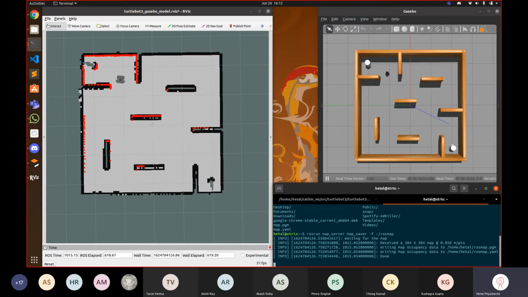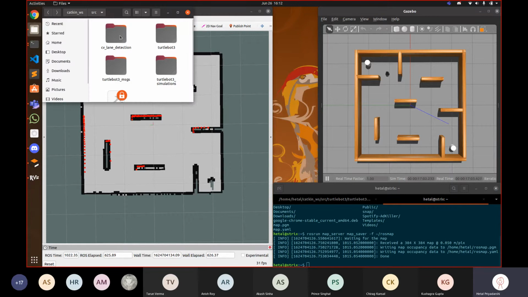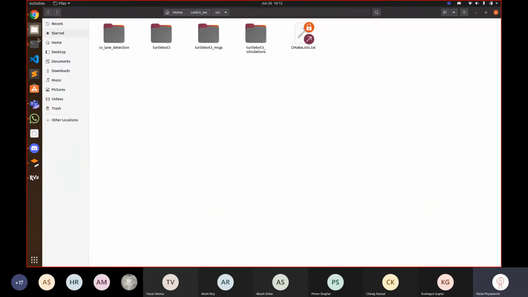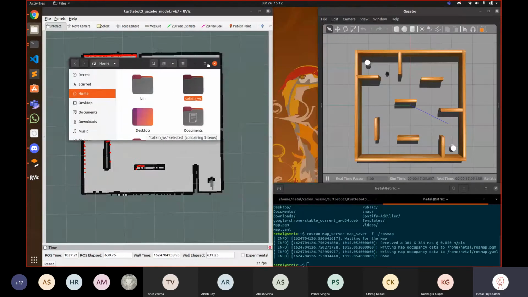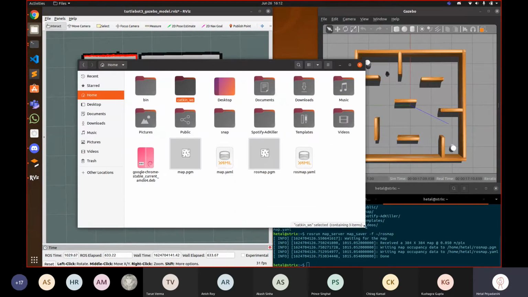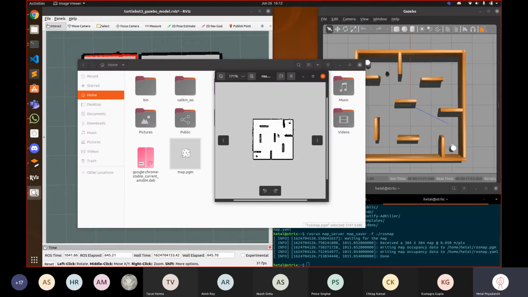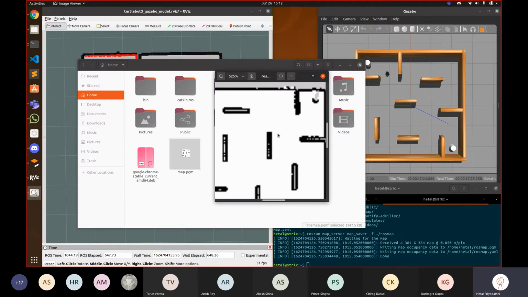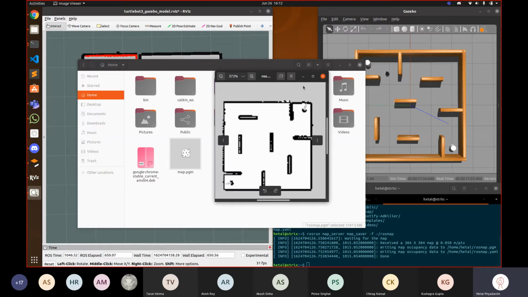Okay, cool. So what we're doing right now, guys, is that now we have a map, so we have this information that we've made. How to save it? This is the command to save it. After you do that, in your home directory you can see these two are from my previous trials, and this is the one I made right now. If you give an entire path instead of tilde slash, it will save it in the path you want. Right now, we just saved it in the home directory.